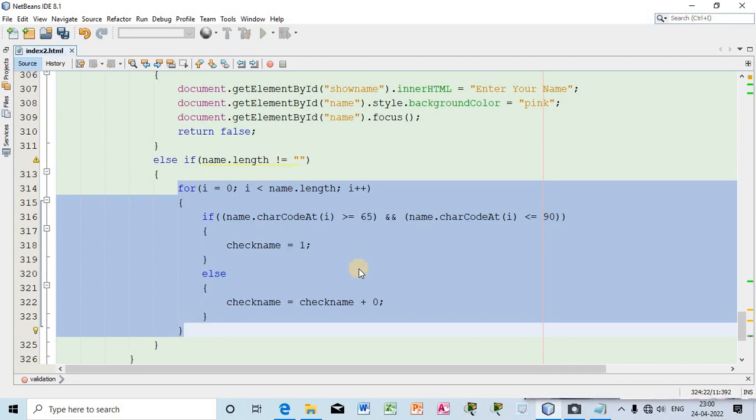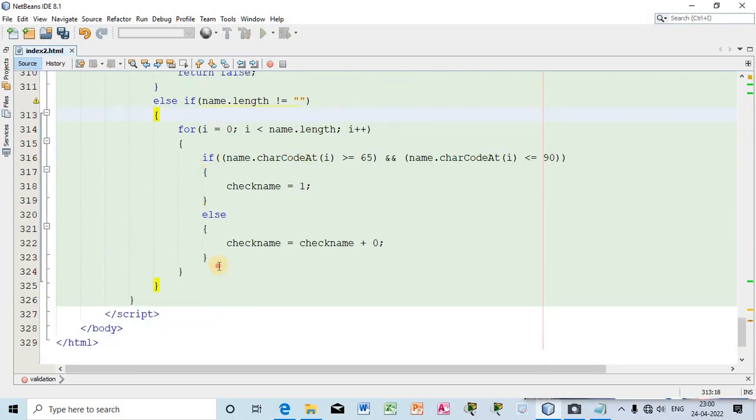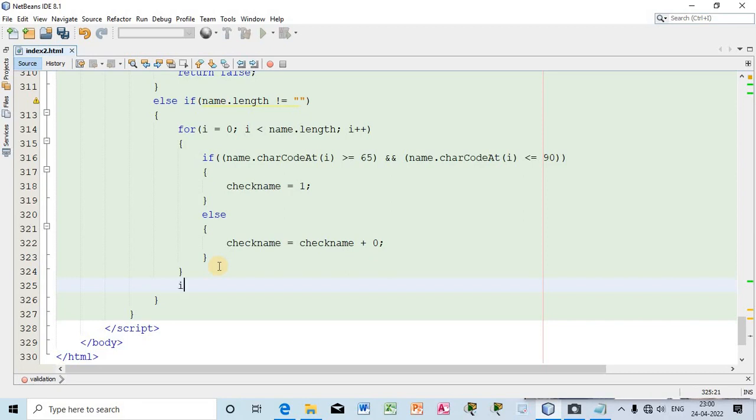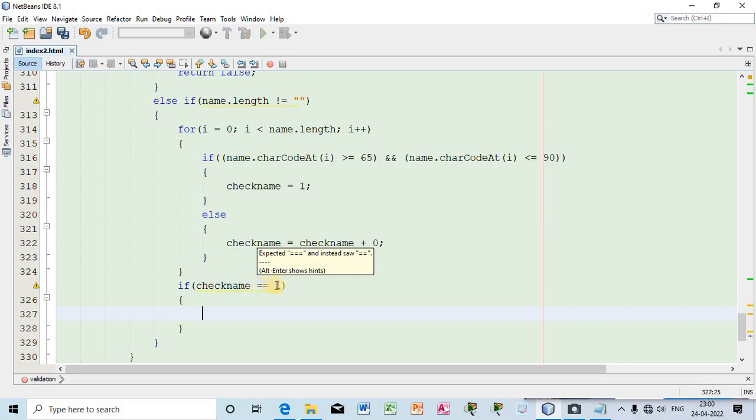Now we have only checked the upper case, right? Now we also have to check the lower case. Now if I write over here, just see, if check name equals not 1, that is 0, then here I will write